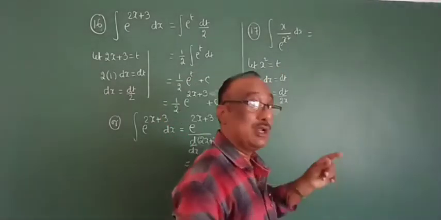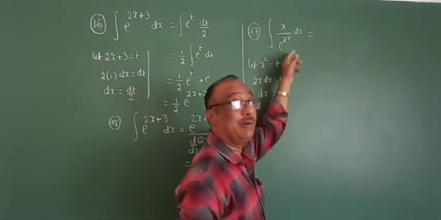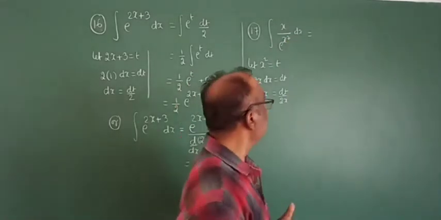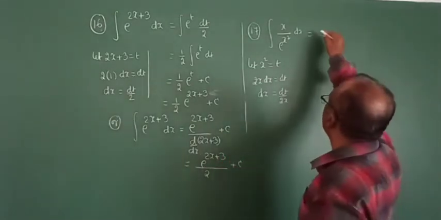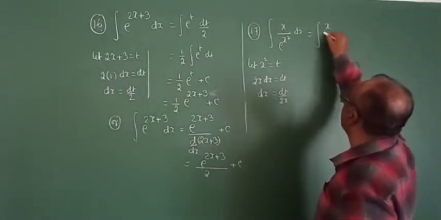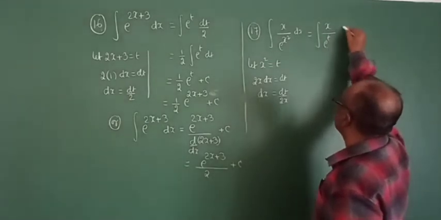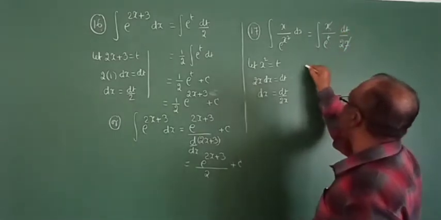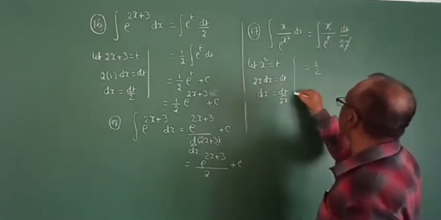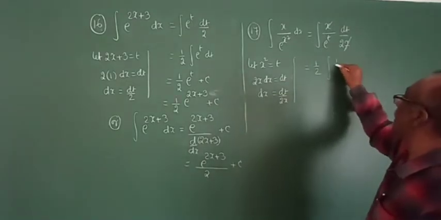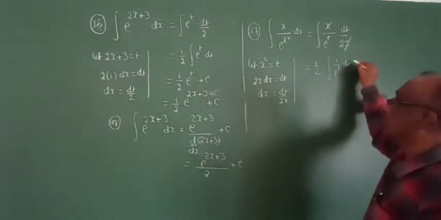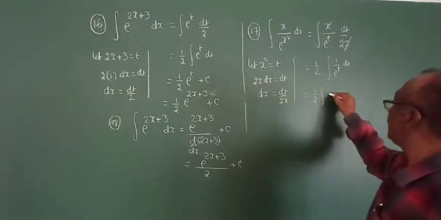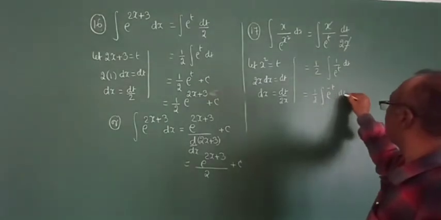Chain rule method means first we apply the u by v formula, but in integration there is no u by v formula. Now, integral of x e power of t dx, which is dt by 2x. One x variable cancels, and 1 by 2 goes outside. Integral of 1 by e power of t dt. A reciprocal function's power should be written as negative: e power of minus t dt.